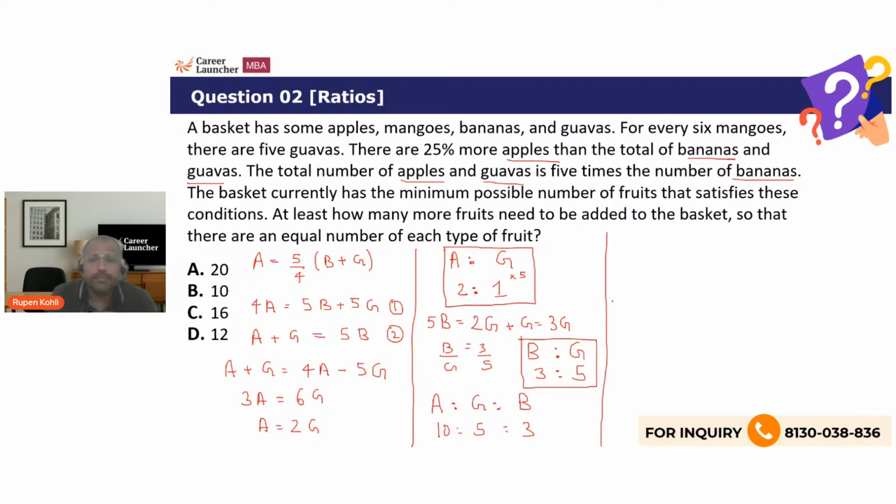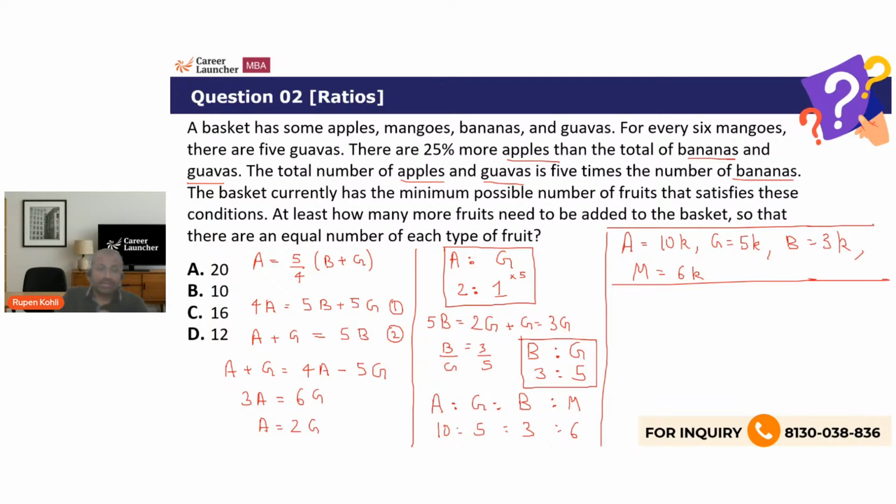Then we can move to the first statement, right? So from this ratio that we have got, can I say that apples we can take as 10k, guavas as 5k, and bananas as 3k? So for every 6 mangoes, there are 5 guavas. Now in this ratio, I have already written guavas as 5. So if there are 5 guavas, there are 6 mangoes against that. So simply I can connect this ratio here, that mangoes are 6 in this continued ratio. So apples 10k, guavas 5k, bananas 3k, and we can also include mangoes to be 6k in this final ratio, right? This is what we have got.